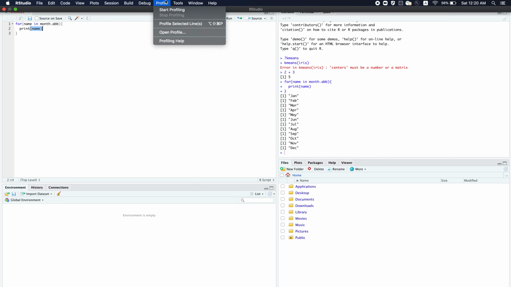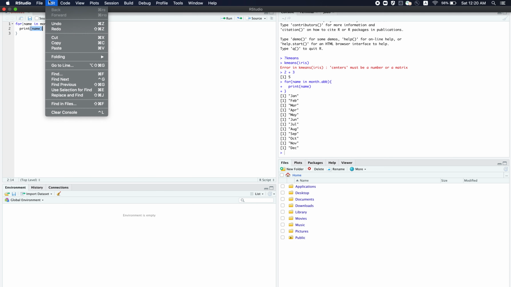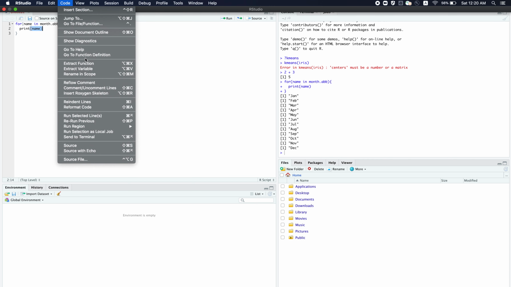And then the next thing is the Edit tab, which is quite normal text editor stuff. And then your Code tab is where, once again, if you are doing a package, a custom package that you're developing, then you have a few options here that would help you. For example, you can insert a Roxygen skeleton for your package documentation. The other options are usually for you to check the code or edit. So those are simple things.